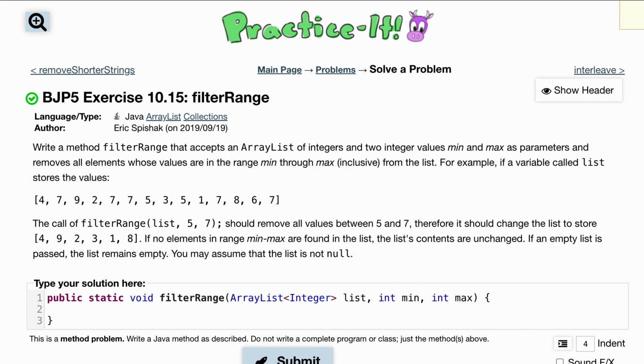Filter range. We're going to write a method named filterRange. It accepts an array list of integers and two integer values, min and max. These are the parameters, and it's going to remove all elements whose values are in the range min through max inclusively. For example, if we have something that looks like this, and we're passed in 5 and 7 as our